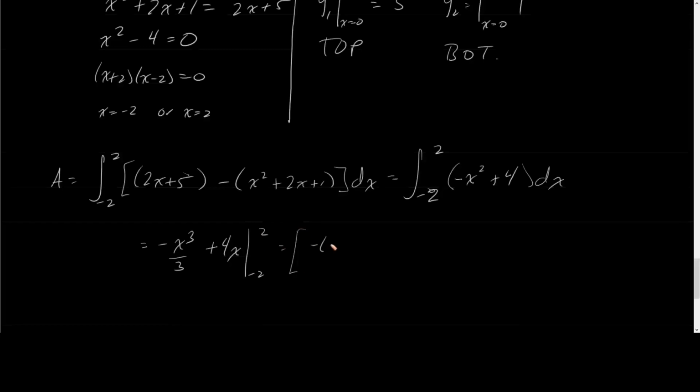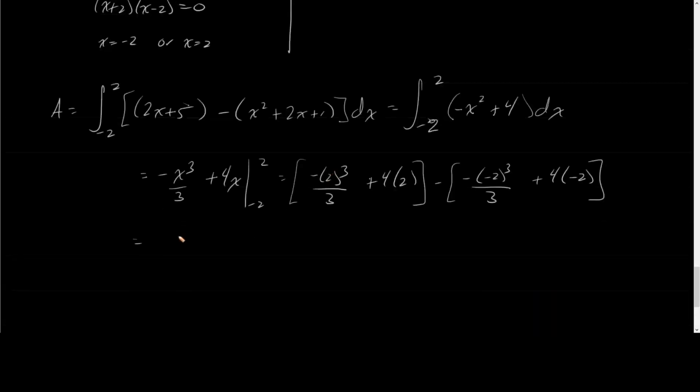So I end up with the negative of 2 cubed over 3 plus 4 times 2, minus the negative of negative 2 cubed over 3 plus 4 times negative 2, which now gives me, well, 2 cubed is 8, so I have negative 8 over 3 plus 4 times 2 is 8, minus negative 2 cubed is negative 8 with a negative in the front, becomes positive 8, so I have